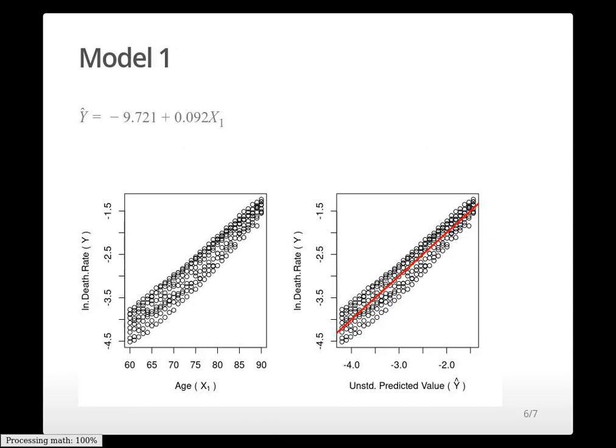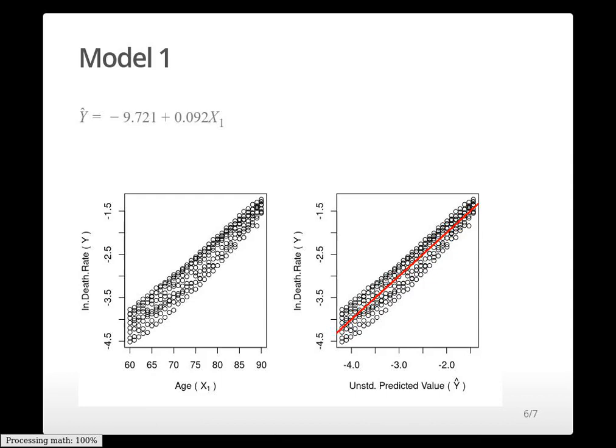These graphs show how accurately Model 1 predicted log death rates. The left panel is a plot of log death rate by age. The right panel is a plot of y, observed log death rate, by y hat, predicted log death rate. On the red line, the value of y and the value of y hat are equal. If all points are exactly on the red line, the prediction is 100% accurate. Note the left and right panels show exactly the same pattern.